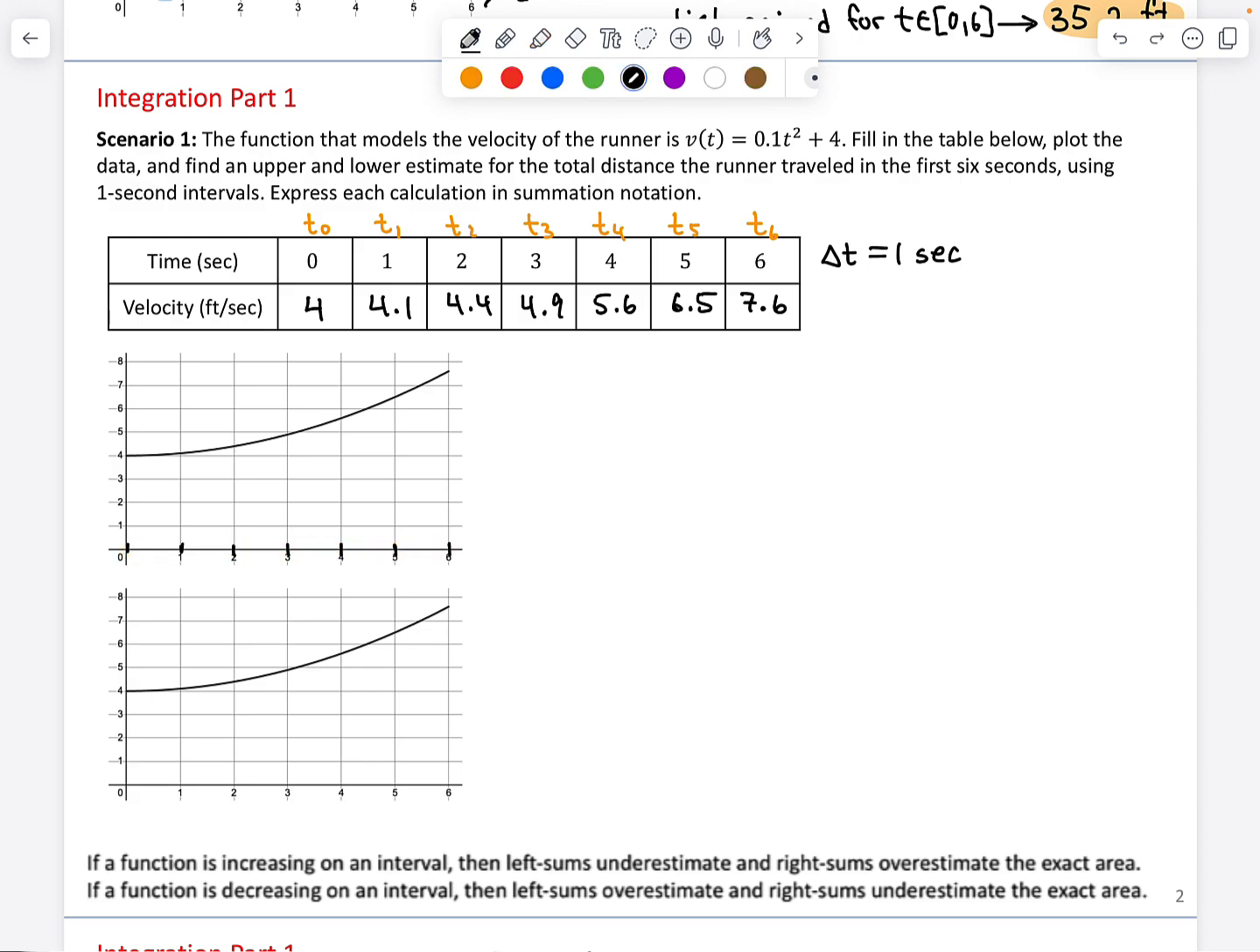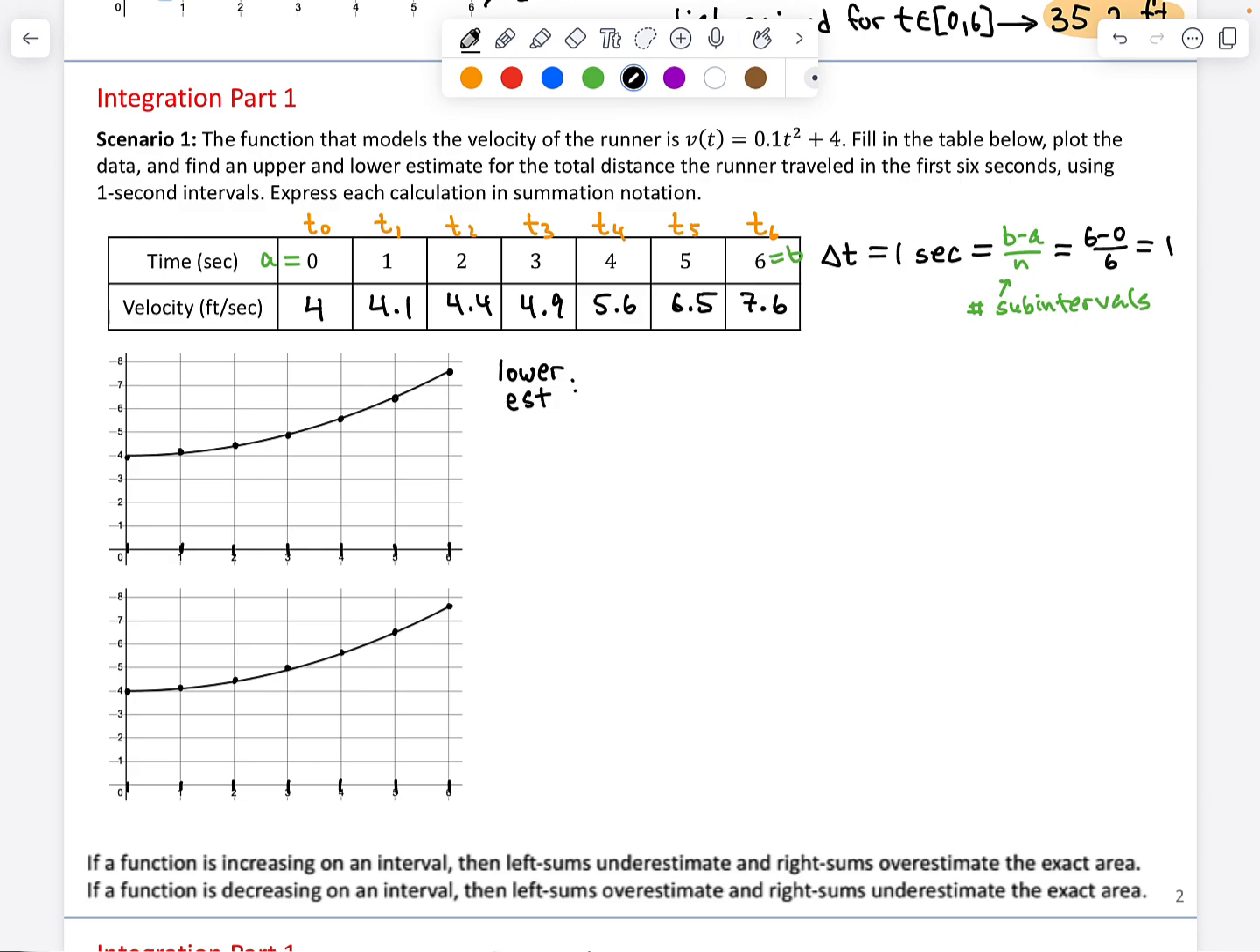A way to calculate the delta t would be to find the difference between the final time in our list, which we'll call b, and the first time in our list, which we'll call a, and divide that by n, where n is the number of subintervals. So in this case, that would be 6 minus 0, and we have 6 subintervals, confirming that delta t is just 1. Now plot this data on both of our curves, and then to calculate our lower estimate, I'm going